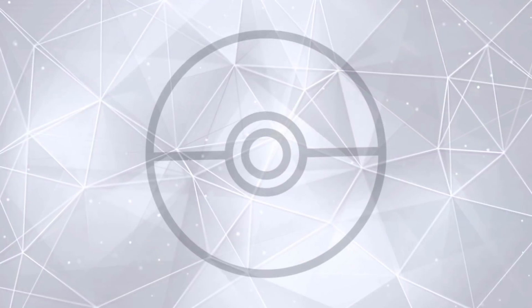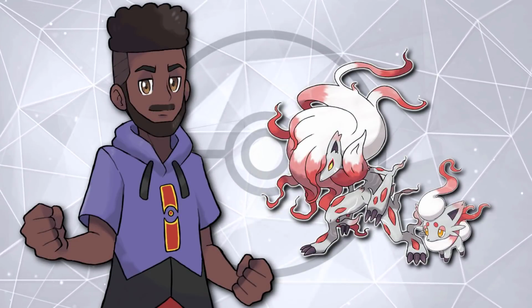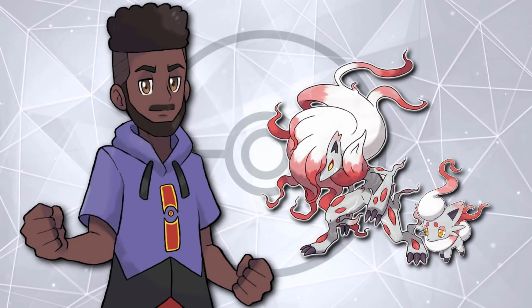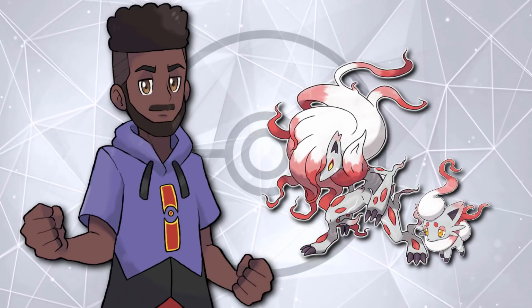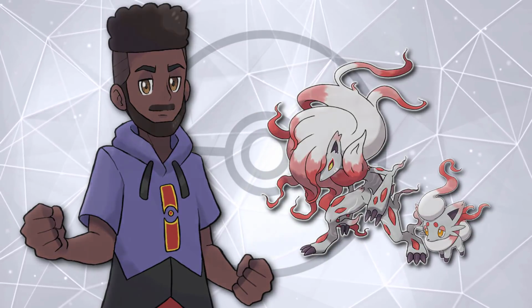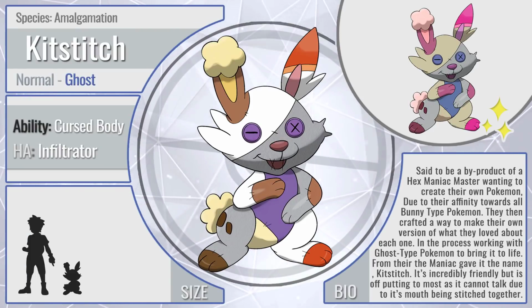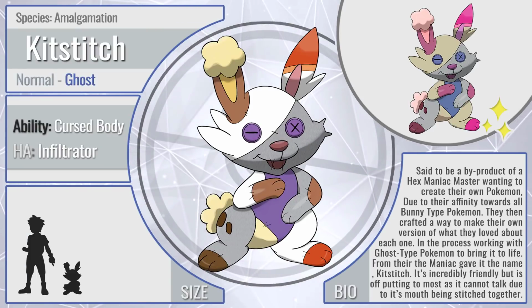Now this next one is pretty unique, as of course they have introduced the Normal and Ghost typing officially in the world of Pokemon. So I'm going to give you guys some of my own takes on Normal Ghost Pokemon, starting off with this really weird one, that being the amalgamation Pokemon, Kit Stitch. Like I said, being a Normal and Ghost type and having the ability Cursed Body and the hidden ability Infiltrator,